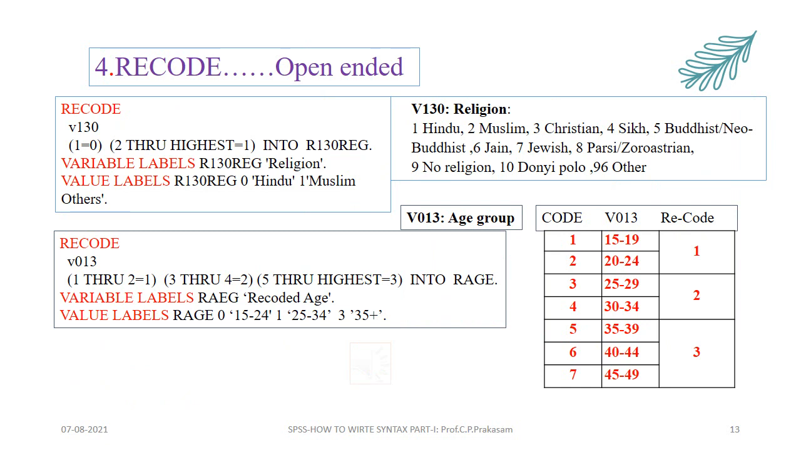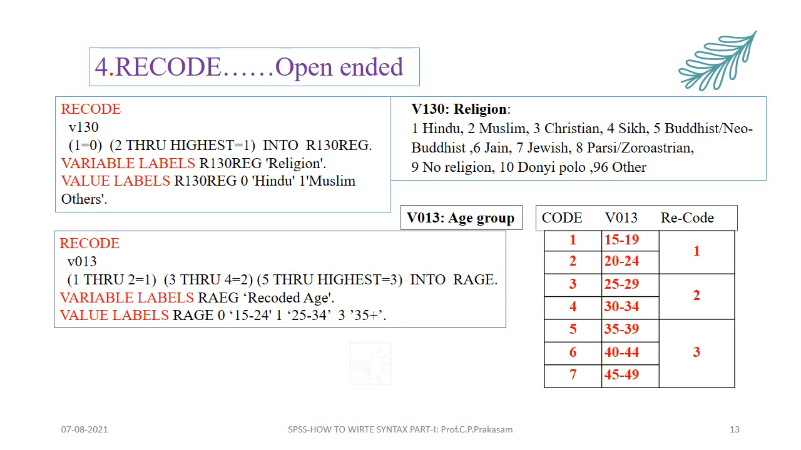Here is another example of recoding of open-ended coding. Suppose you look at V130, religion, which is coded as 1 Hindu, 2 Muslim, 3 Christian, 4 Sikh, 5 Buddhist, Neo-Buddhist, like that, and 96 others. Like that, a very wide range of coding is given. In that case, if you want to group Hindus and non-Hindus, otherwise Hindus, Muslims and others, we can group it also. If you look at the left side, recode is the command,